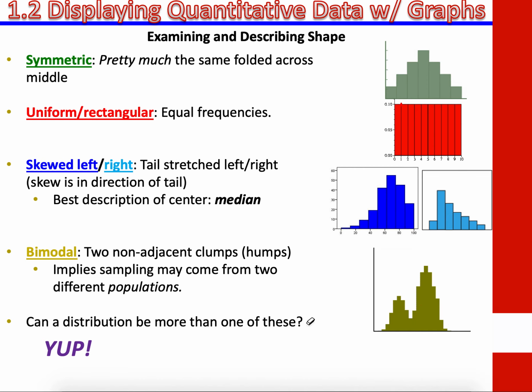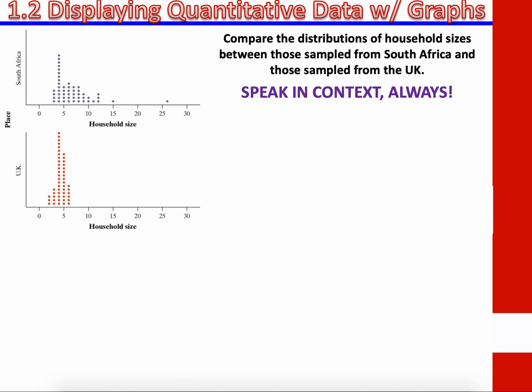I could have a bimodal distribution that's skewed as well as symmetric. Actually, a uniform distribution by its very nature is symmetric as well. So yeah, we can have a distribution being described by a couple of these different terms. And in fact, we should do so too if we're ever presented with one and asked to describe it. Speaking of which, I'm presenting you with a set of distributions and asking you to not just describe them, but